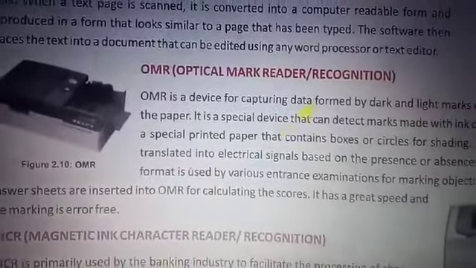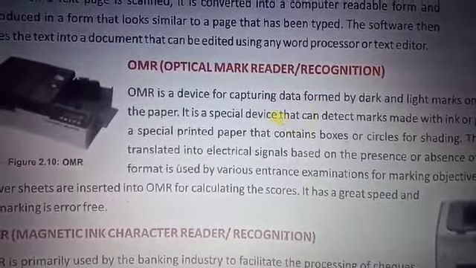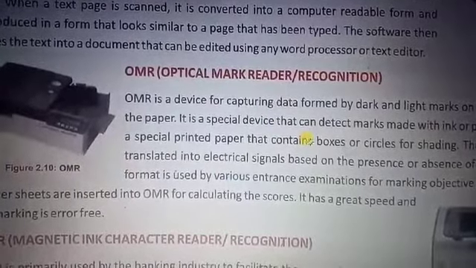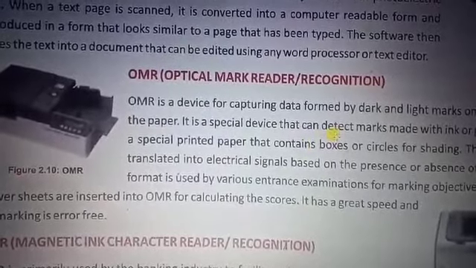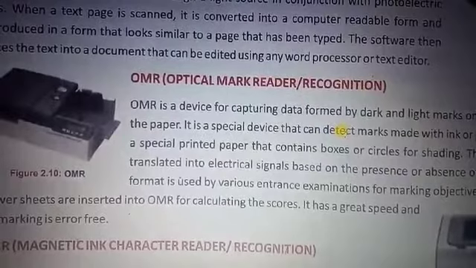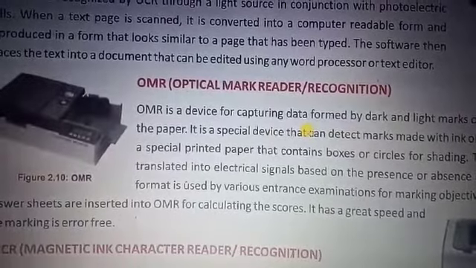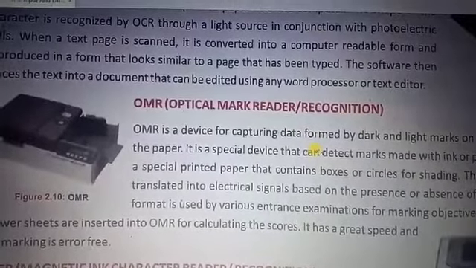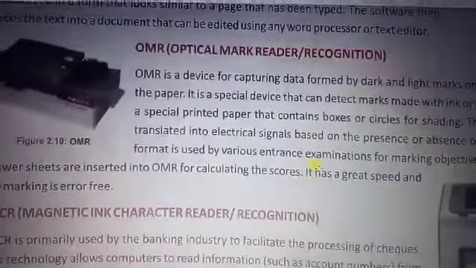Then there is the OMR, optical mark recognition. The OMR sheet is basically used to evaluate competitive exams. The competitive exam OMR sheet has a box kind of pattern. It is a circular pattern where we can darken any one option out of multiple options. That option is evaluated through the OMR sheet scanner. So the OMR sheet scanner captures whatever you have darkened in the circle, whether it is in the correct place or not. After that, it evaluates it. That is the purpose of the OMR sheet.